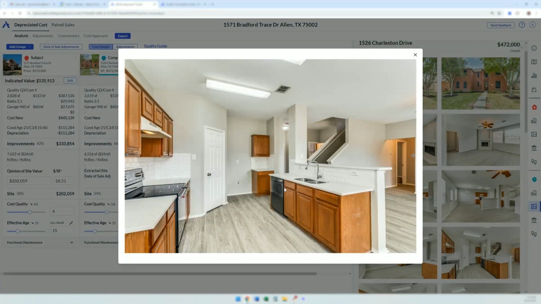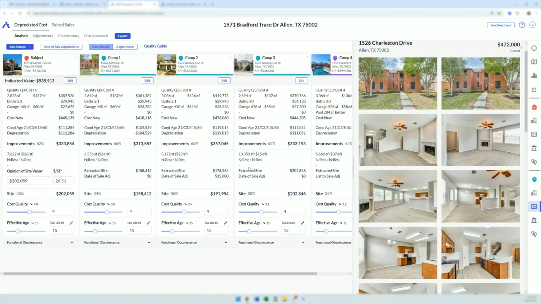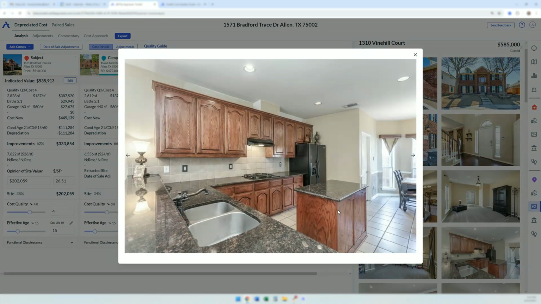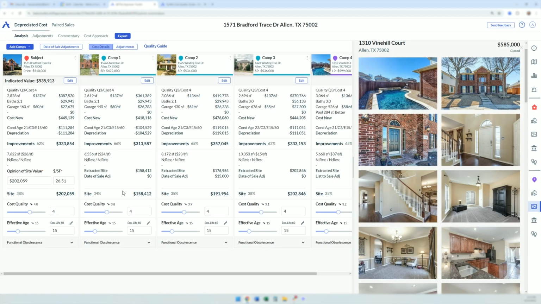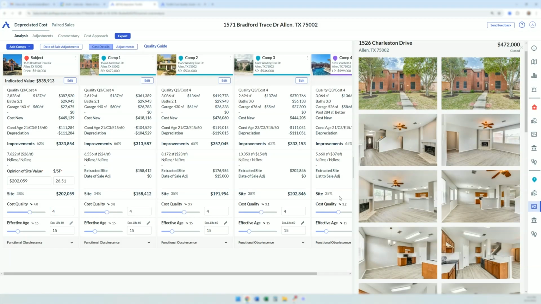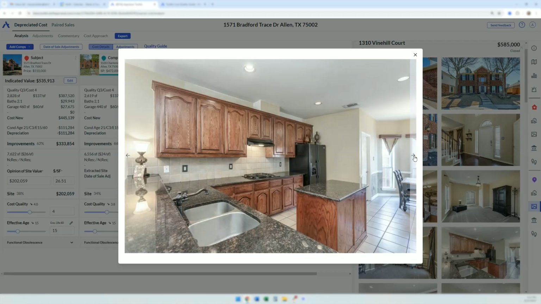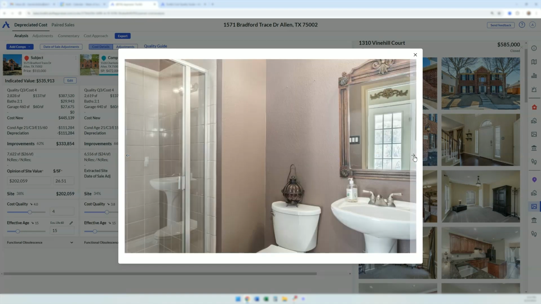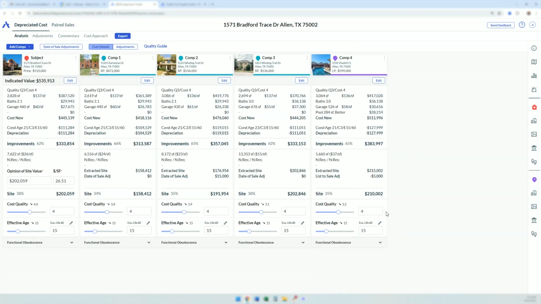Here's Comp 1's kitchen. Pretty basic. Let's go here and look at Comp 3's kitchen. Higher quality. Now we're kind of into better quality wood, better quality backsplash, countertops, tiling. It's just a little bit better. Let's go back here and take a look at this one. All right, and then let's go back and look at this one. It's just better. So, you know, and you can see right here the image recognition technology is picking up on